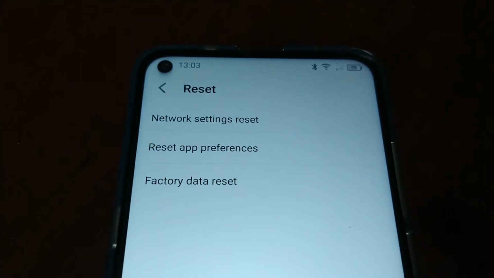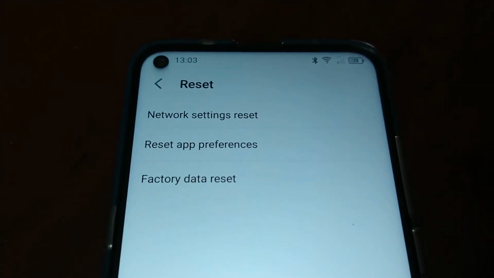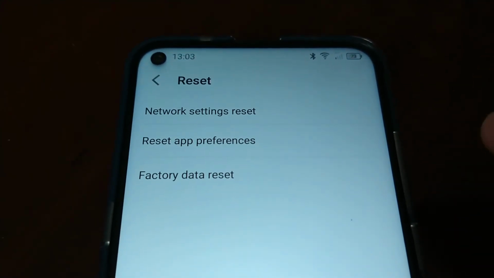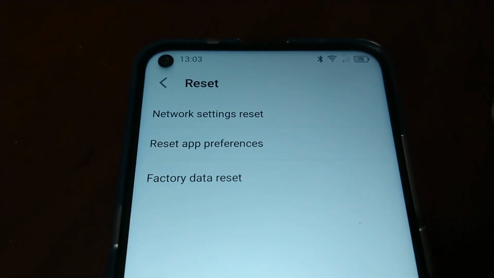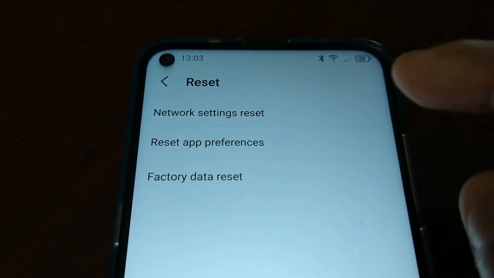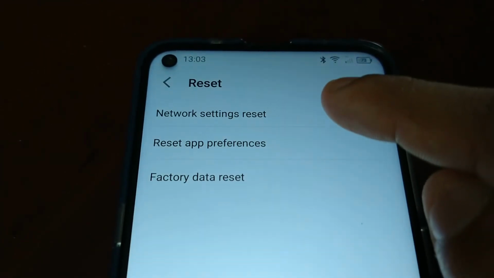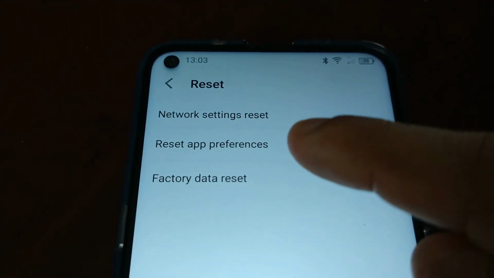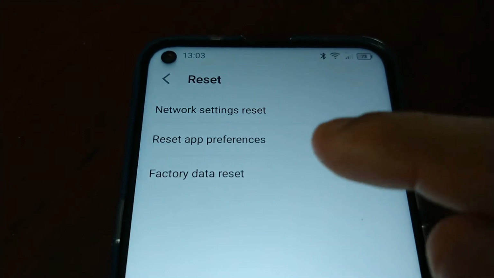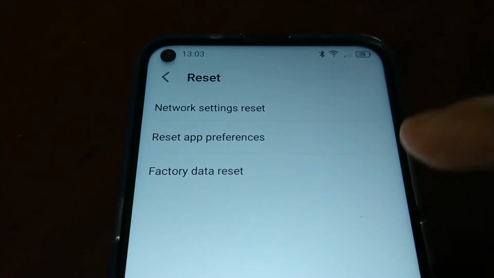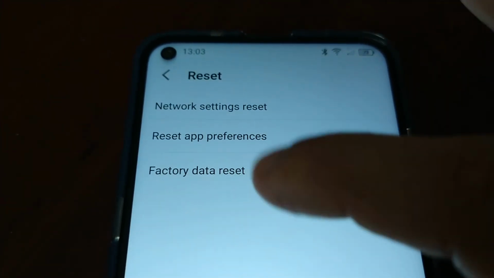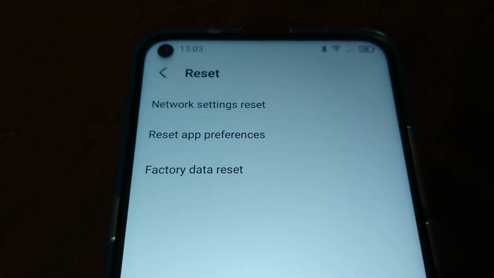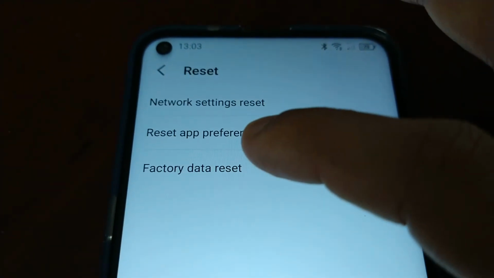And here you get the options to reset the network settings. So if you've got issues with the Wi-Fi and Bluetooth or anything like that, that would be the option to select. If you have problems with applications, you can reset the app preferences, but this is the option to wipe the device totally clean. So factory data reset,